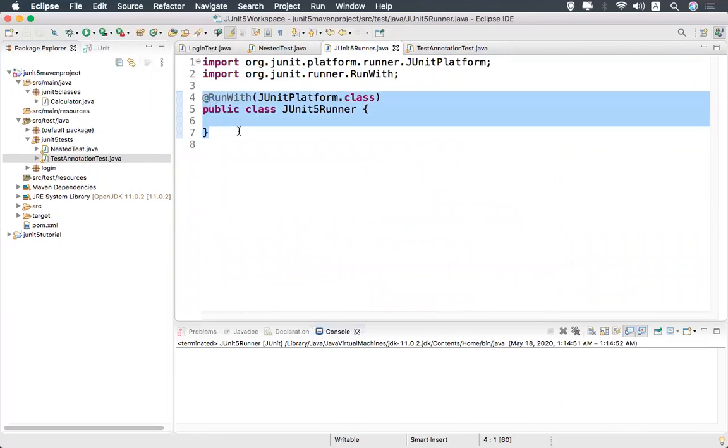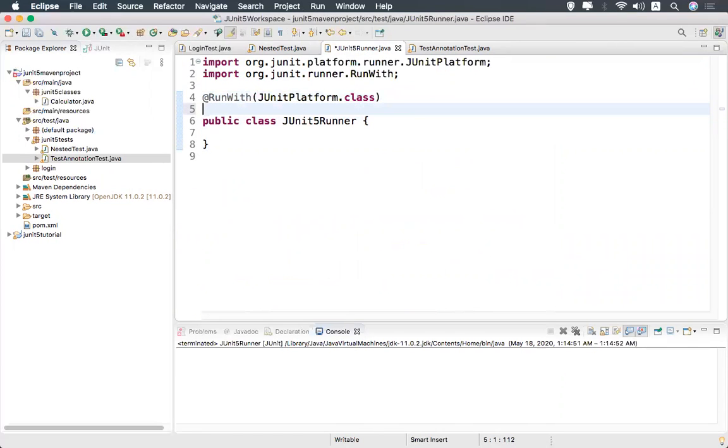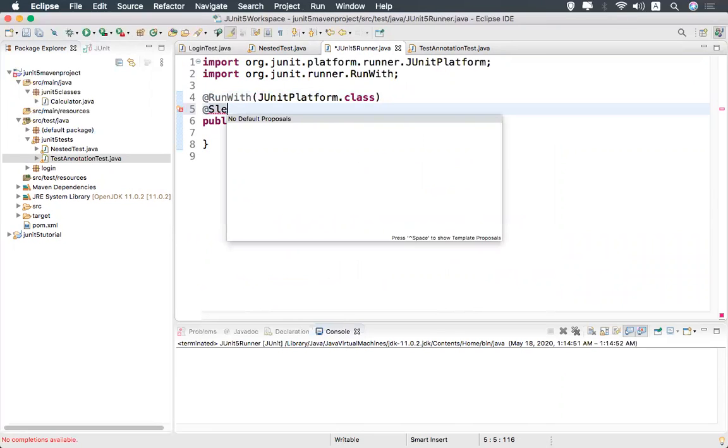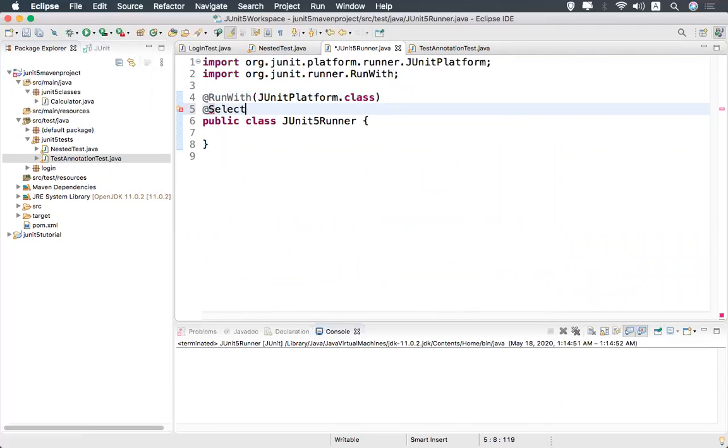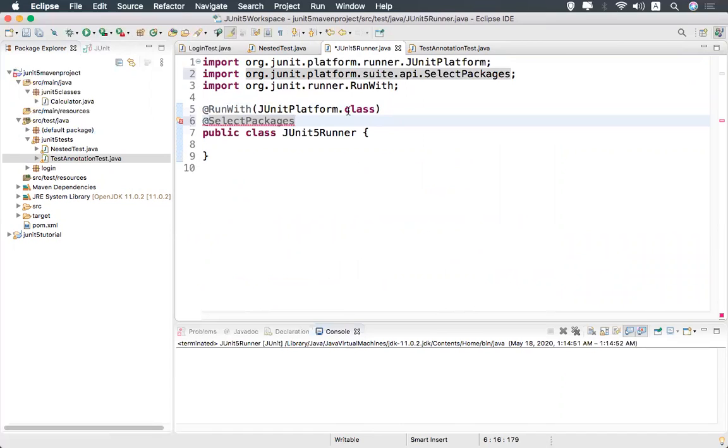Now I mention it here. After that, you have some options, some annotations, like @SelectPackages. You see that we have one of the options called packages. It is coming from org.junit.platform.suite.api.SelectPackages.